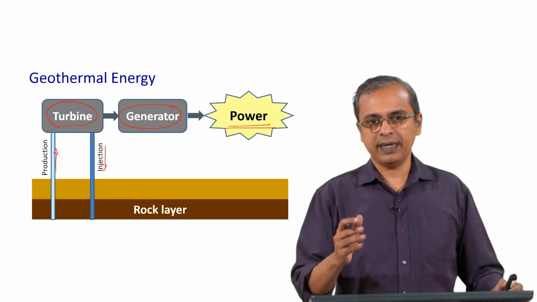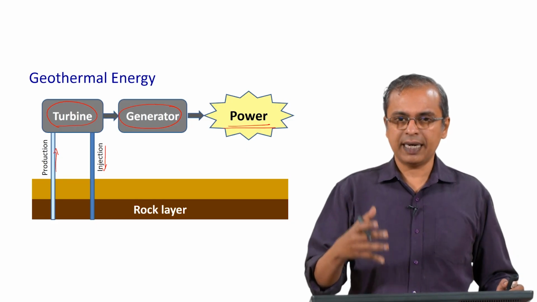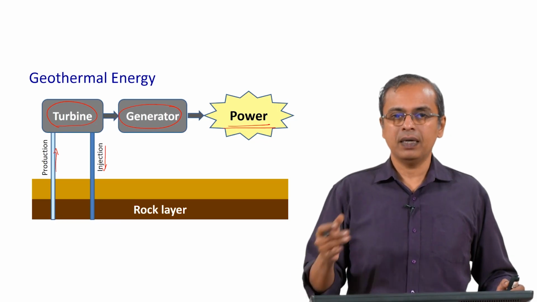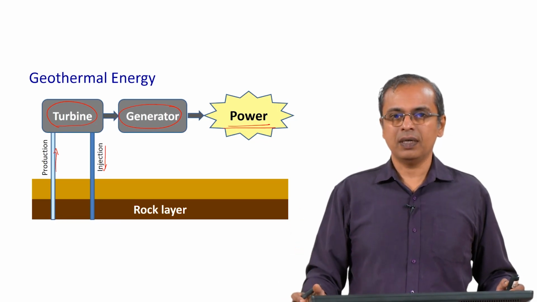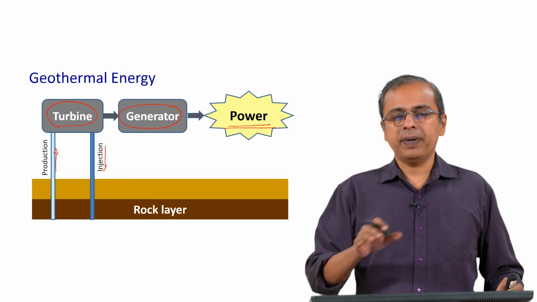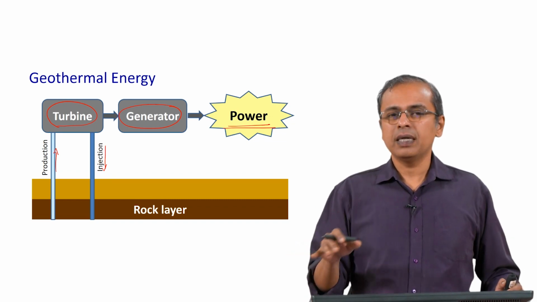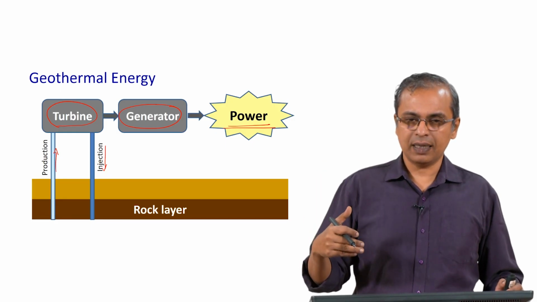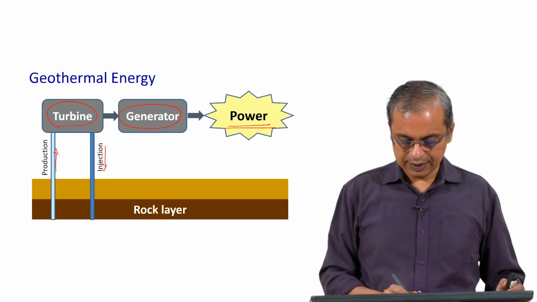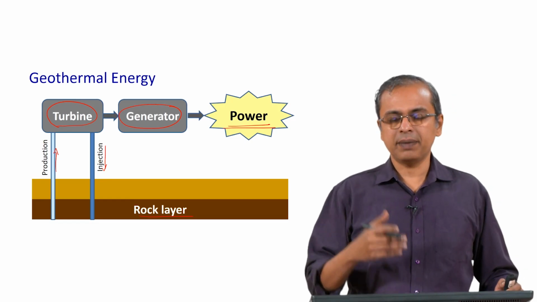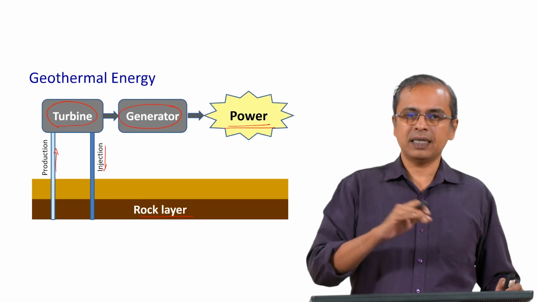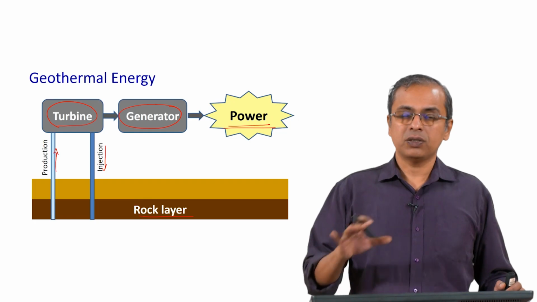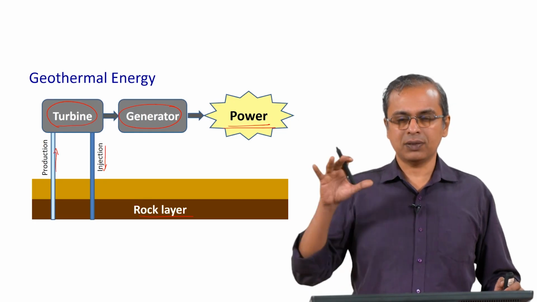So, this concept is very simple in that sense. Of course, you have to install it carefully, you have to set up this pipe so that it goes somewhere deep and picks up the heat and comes back. You do not want to accidentally start some uncontrolled process. But it is a very clean form of energy, it is already there underground. There is a small element that you are releasing gases which are trapped under the rock layer underground, but that is generally considered an extremely small amount. You can set this up in a relatively clean manner. So, it is a very interesting way in which you tap energy that is already there in the earth.